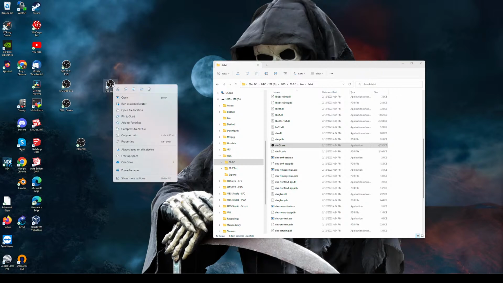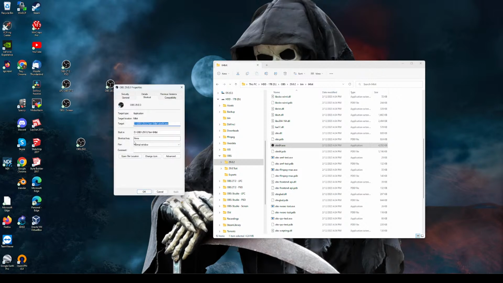2903. And we also want to right click and go to properties. If I stumble on some of these things, forgive me. I'm on Windows 11 for just a little while and I'm still getting used to all this garbage. All right, on the target, you can see we've got that. We just want to add a command line parameter to that